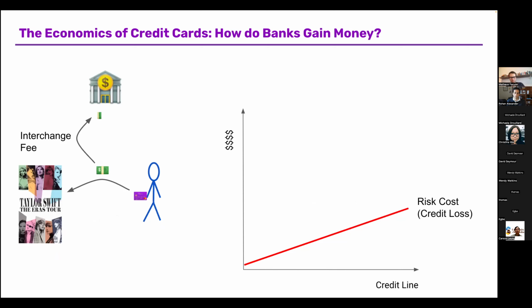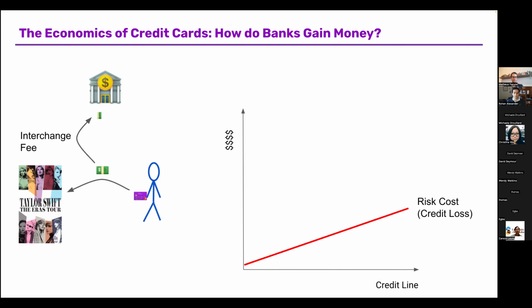We also have to look at the gain part. Again, there are other components here, but one way that a bank gets money, at least on credit card, is what is called interchange. For every transaction someone makes, for instance, let's say you swipe your credit card to buy a concert ticket, the bank gets a very small percentage of that transaction, like 0.005%, something very small, and that goes to the bank. This is a major source of revenue for credit cards.